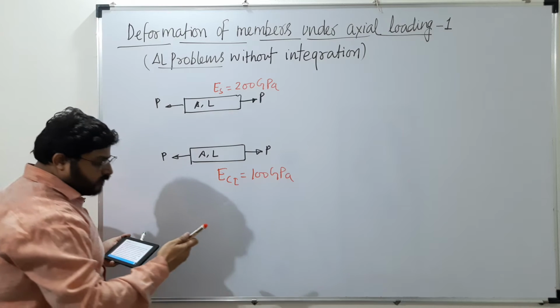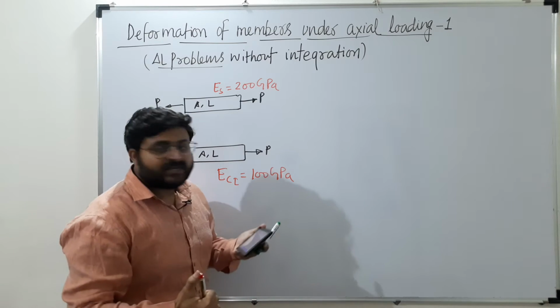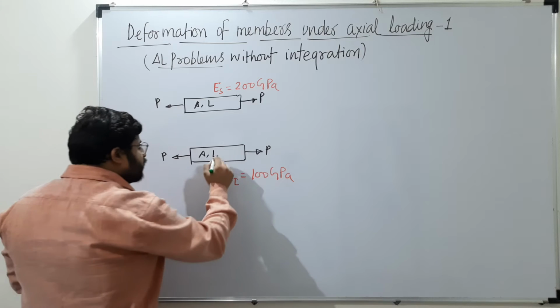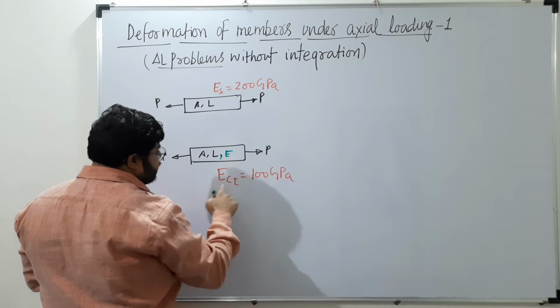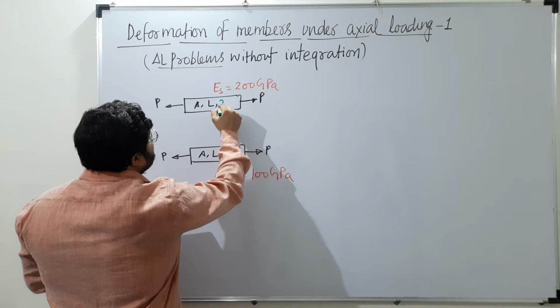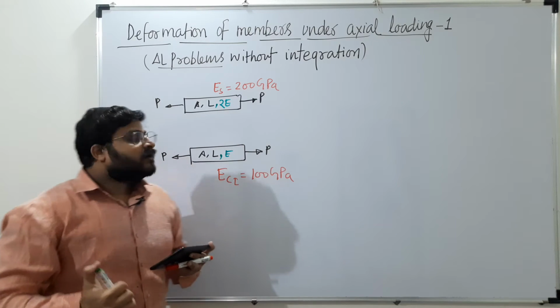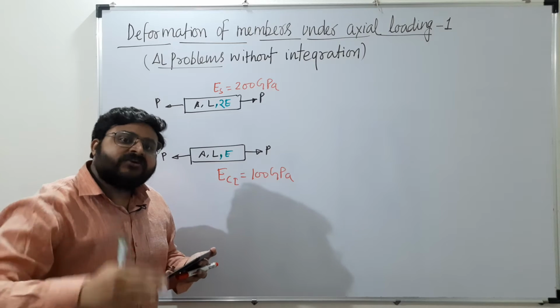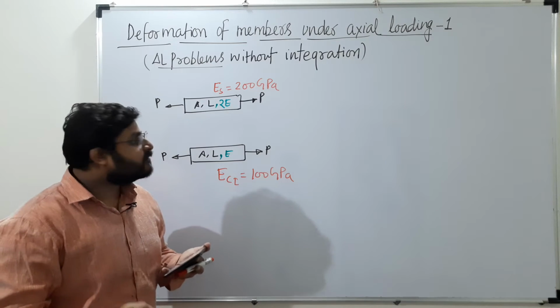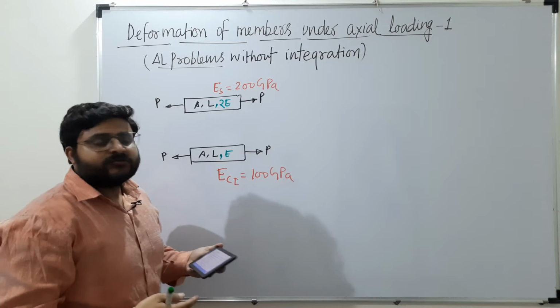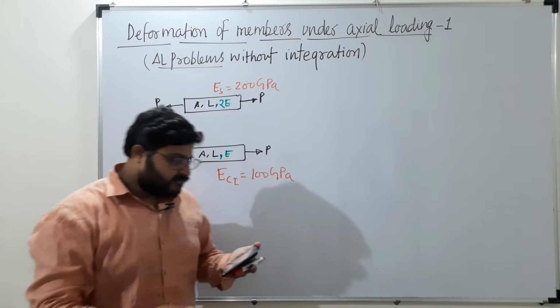So in these kind of questions there is one important thing we can write. If for this the modulus of elasticity is E, then for this the modulus of elasticity will be 2E. So these kind of things will help you to reduce the time of calculation. Sometimes we need not put the numerical value. Some terms will get cancelled out. So that will be easy for us to calculate, right?